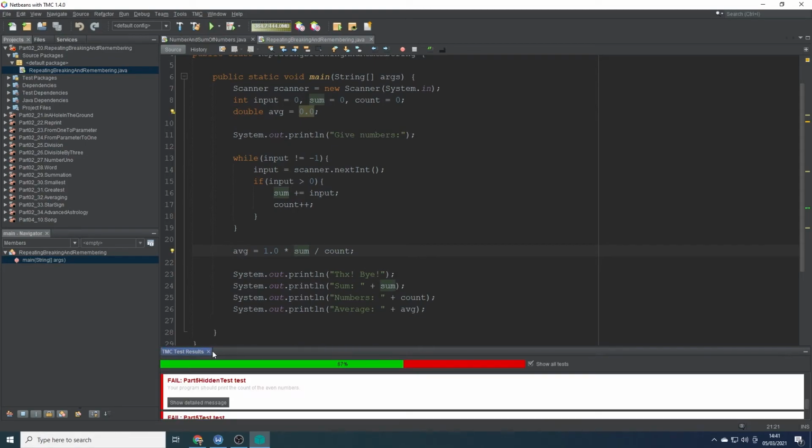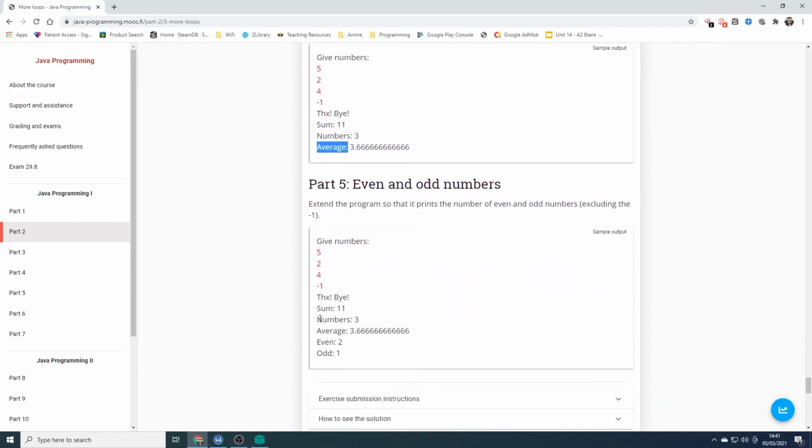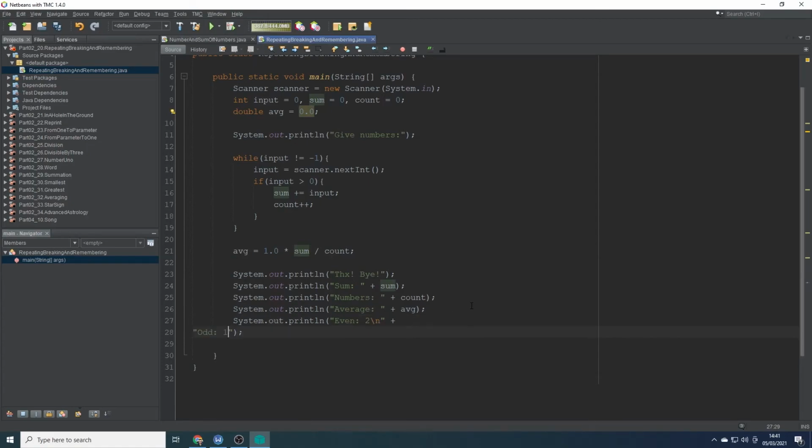So let's close these, head back to the website, and now we need to extend the program so that it prints the number of even and odd numbers excluding the -1. Okay, so we need this on the bottom, so let's copy that. I'm going to wrap that in an S out as well. So that's going to be plus, oh, need my double quote, don't I? Plus even, why is that not working? Oh, I haven't put my semicolon on there. There we go. And then we're going to need odd plus odd,